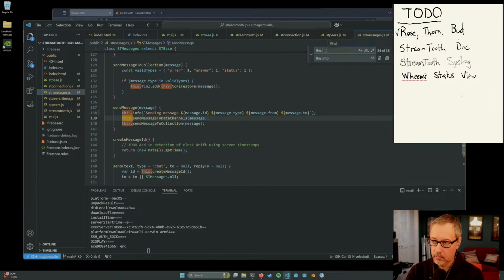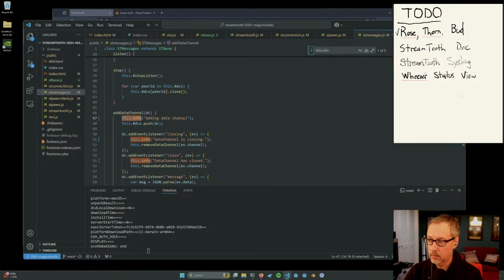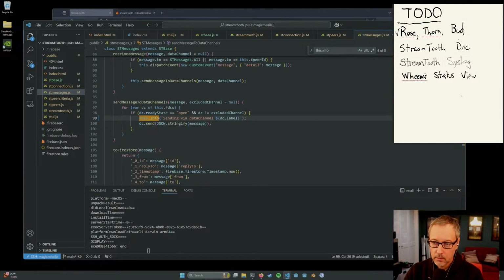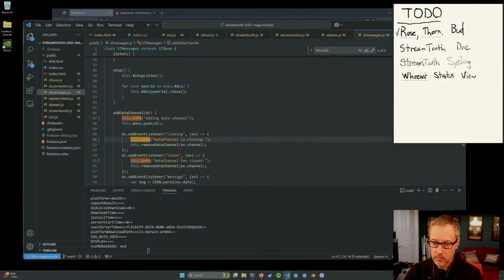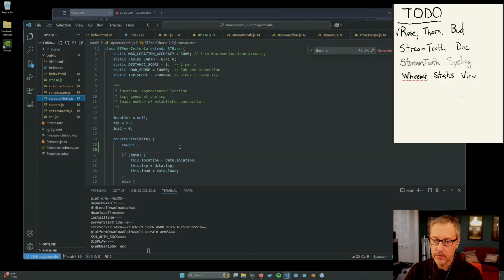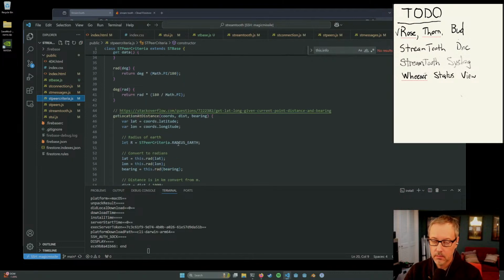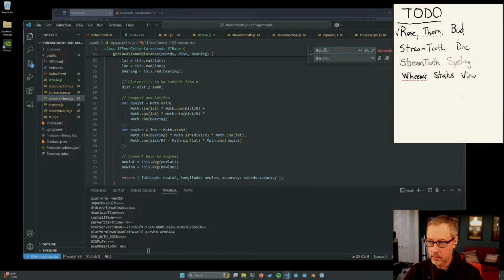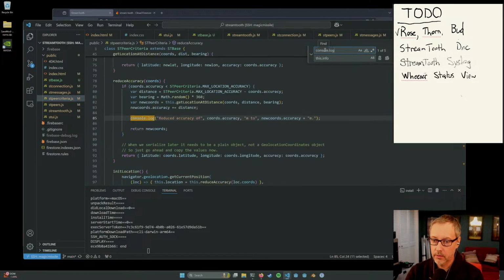Let's actually this.info, find them all, go through them all, make sure. Make extra sure. Okay. Looks good. All right, save it. Very good. Pure criteria. This we're not even using, but all the same, let's clean it up because we'll come back to it eventually. Just replace all. And then reduce accuracy, chords accuracy. Oh no.